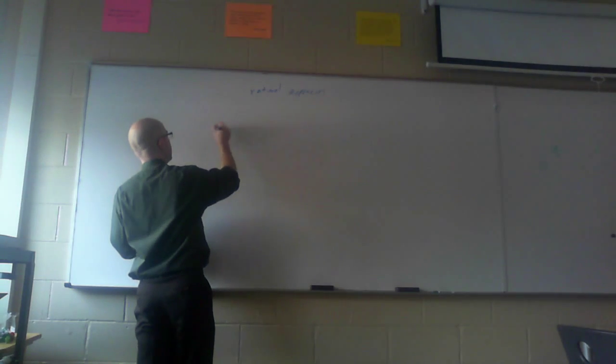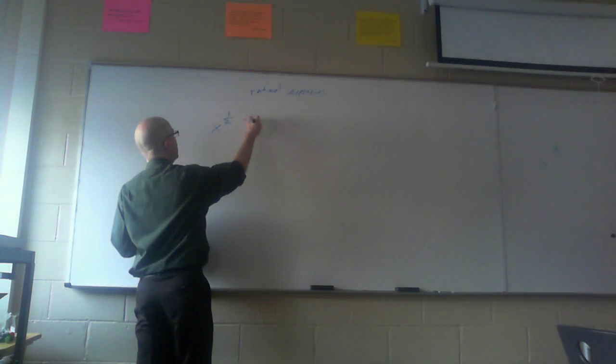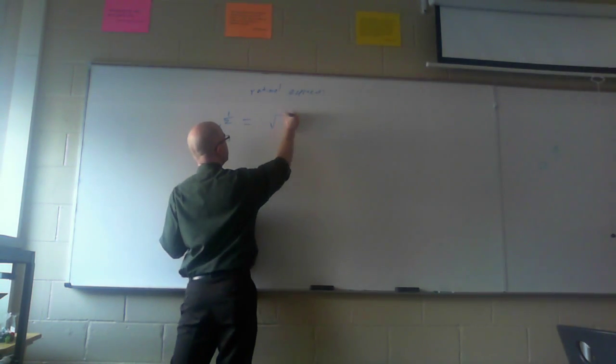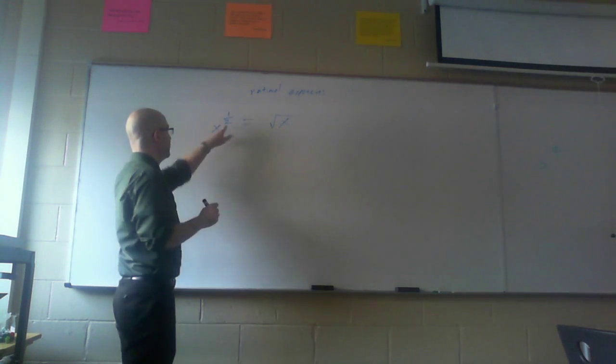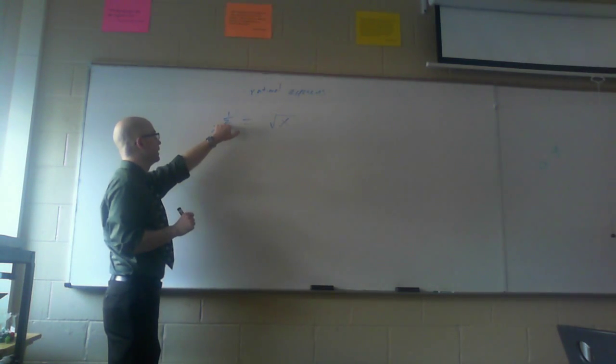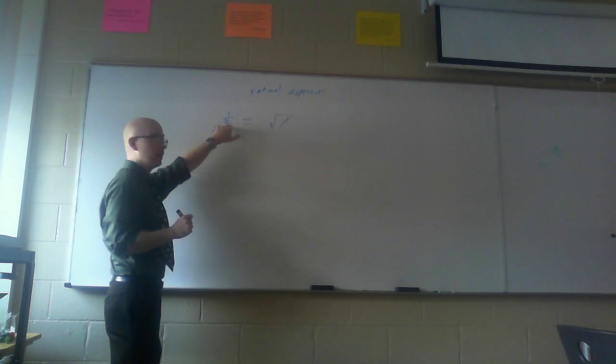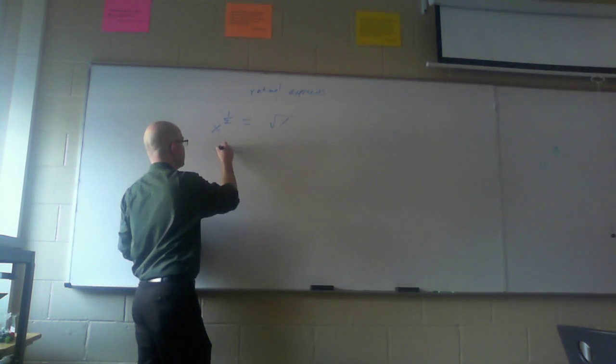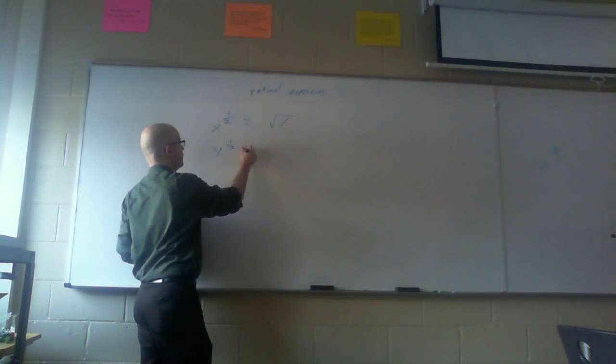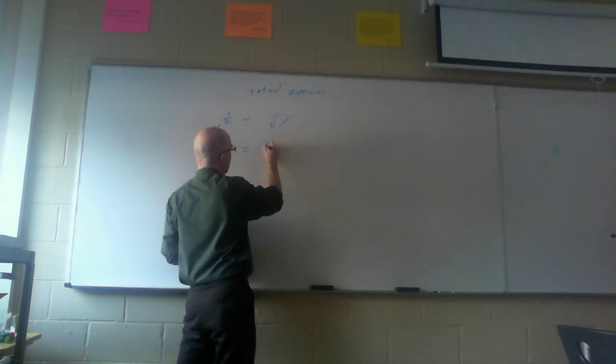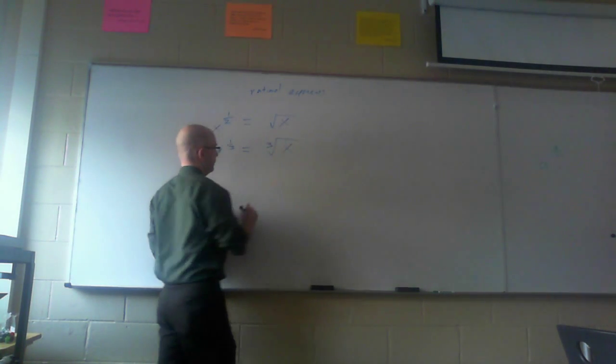So if I have x to the 1/2, that's simply going to be the square root of x, because I've got a 2 in the denominator. If I've got x to the 1/3, that is going to be what is called the cube root of x,